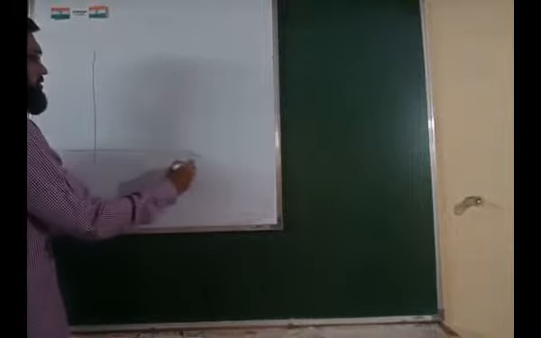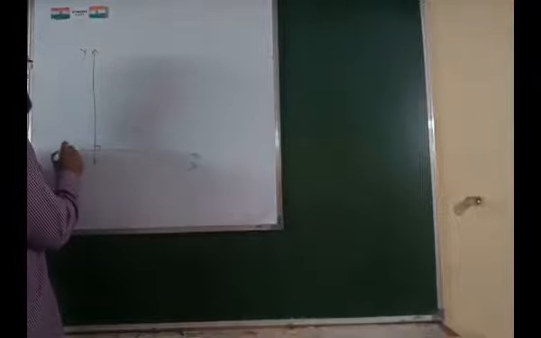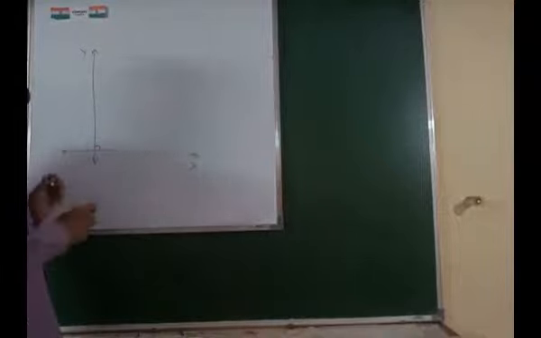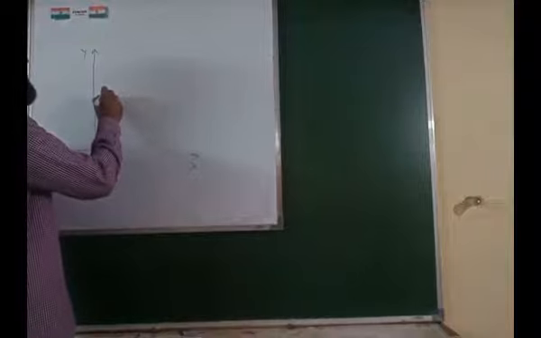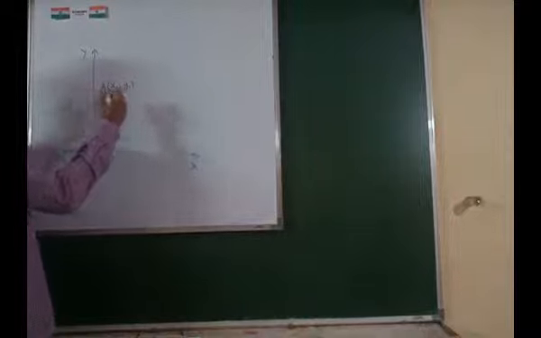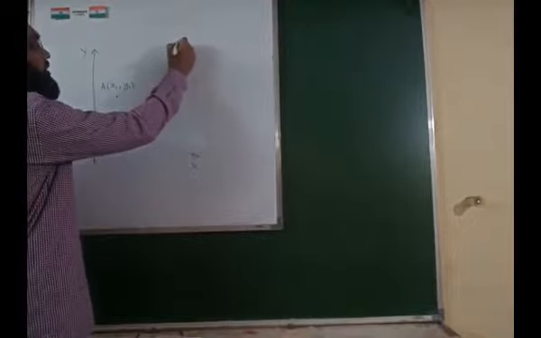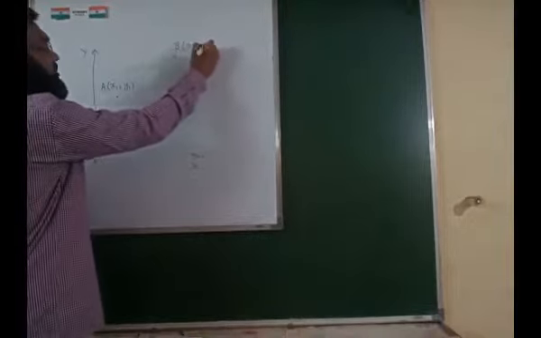Okay, so what is the distance formula? Let me just try to explain it to you. Suppose we have two axes, say the x axis and the y axis, which are the coordinate axes. I have 2 points. Suppose I have a point A whose coordinates are x1 comma y1, and somewhere I have a point B, whose coordinates are x2 comma y2.